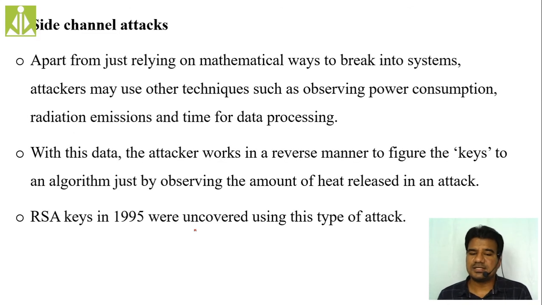Okay, so next, side channel attack. Here he is nowhere going to take the ciphertext or plain text. Simply, he will observe the power consumption, how much power the transmission channel is consuming and how much radiation it is emitting. Instead of focusing on cryptographic algorithms, ciphertext and plain text in order to gain knowledge about the key, the attacker is doing some other things like side channel attack.